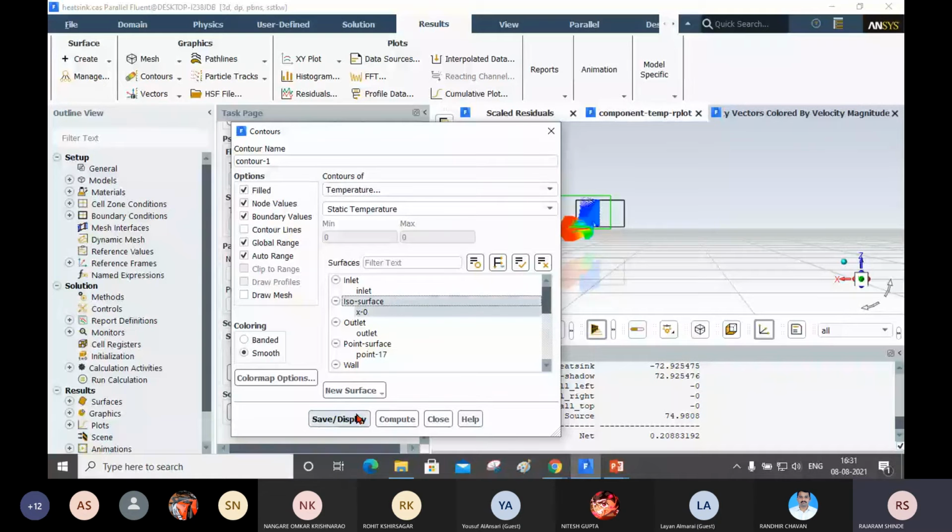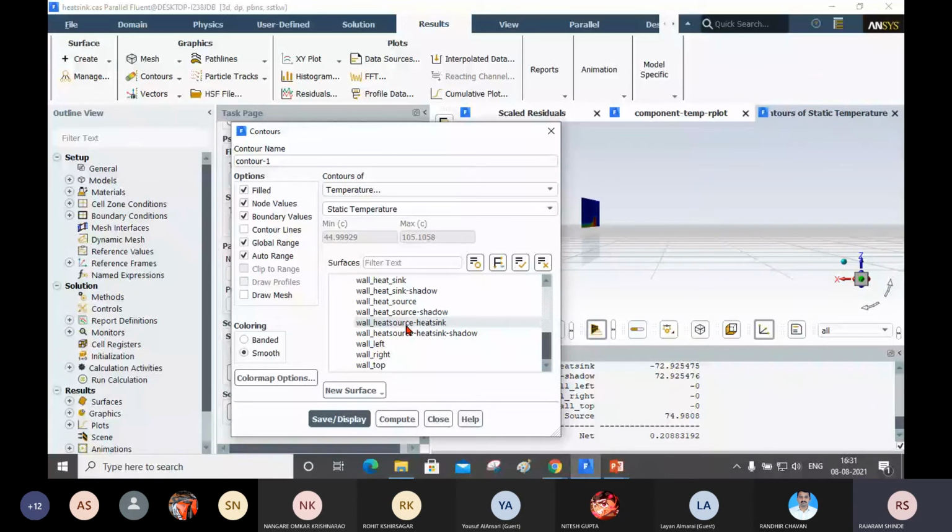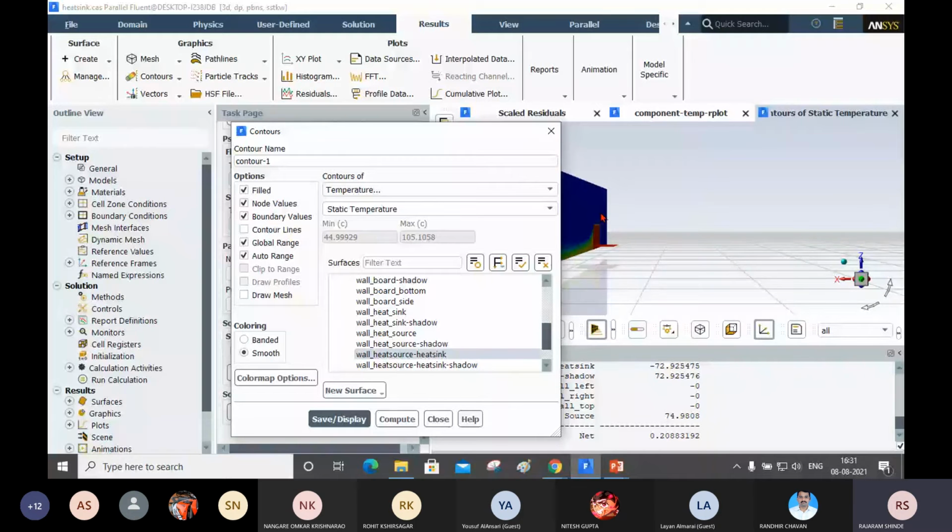Here I will click on the display button. It is at one location. Now where do I have to select? I will select on heat source sink. Here it is. You can see here.